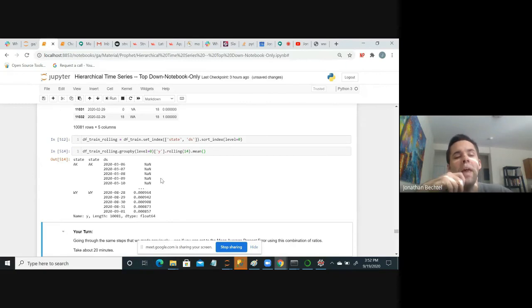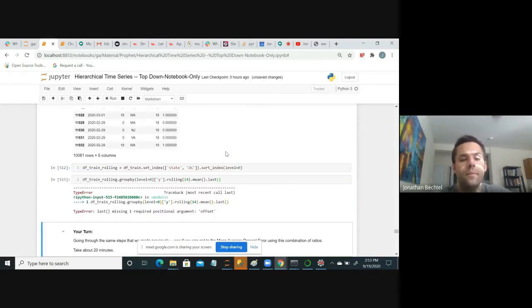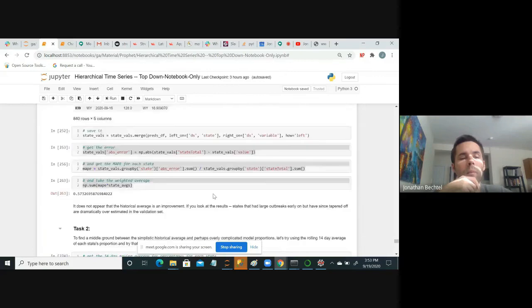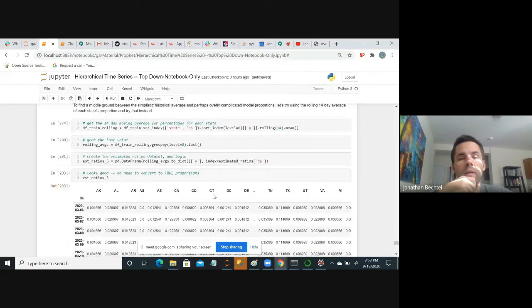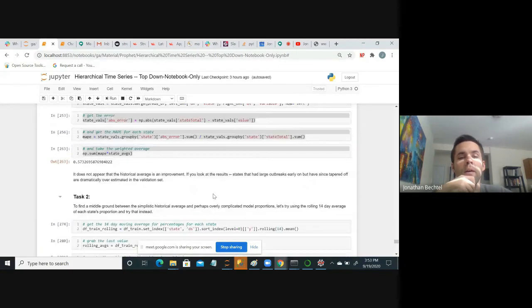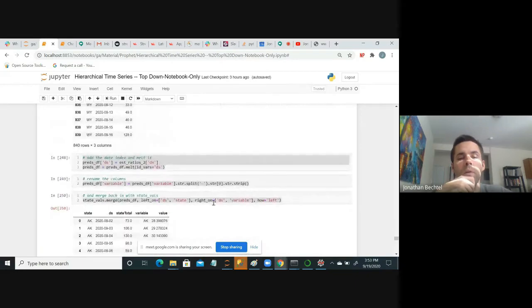states. And then also what we want to do is take the last recorded value of the moving average for the 50 states in our training set. So what we're going to do here is last, like this, and we're going to get an error message, and I'm going to wave the white flag a little bit and go back down into here. Okay. Sorry, that was it. So what we're going to do over here,